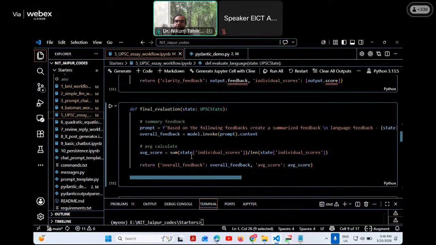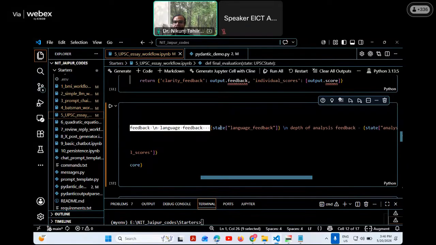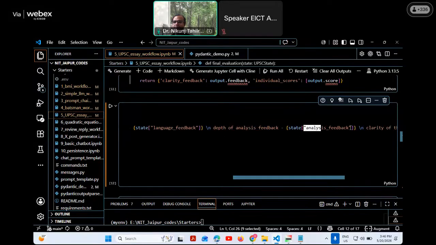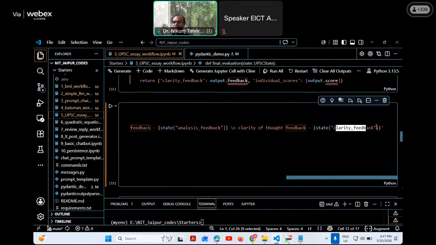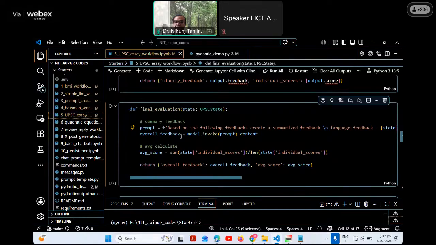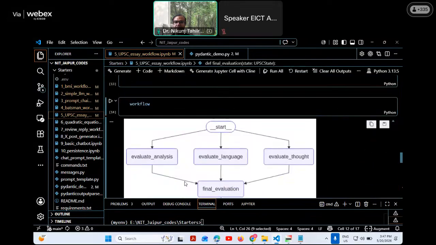So what is the final evaluation? One prompt, one more prompt. Based on the following feedbacks, create a summarized feedback: language feedback, which you have to take the value from the state of this variable; detailed analysis feedback, you have to get the answer from this state variable; and clarity of thought, you have to get it from this variable. Then overall feedback, combine them, make your overall feedback, and you can also calculate the average score. So you have the overall feedback based on this, and the answer and the score, the average score. Okay. So this is your